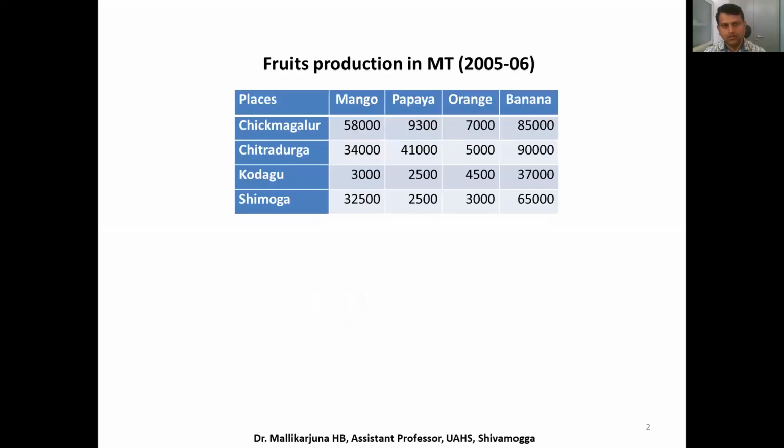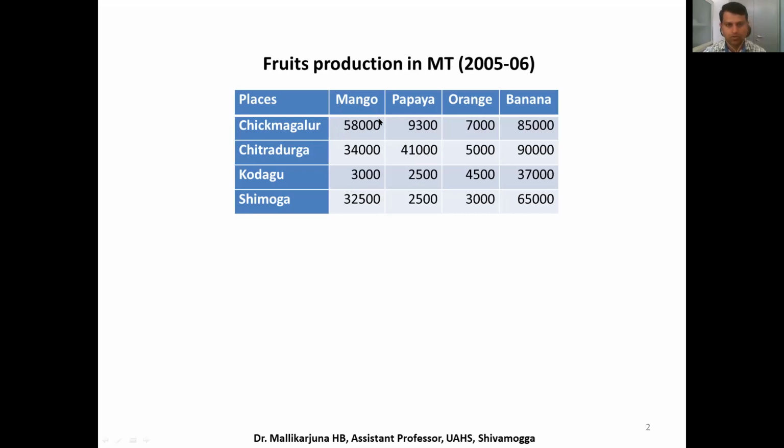Let's consider this table pertaining to fruit production in 2005-6. The data is in million tons. I have taken here 4 districts: Chikmagalur, Chitradurga, Kodagu, Shivamoga. In these 4 districts, fruit production like mango, papaya, orange, banana, these fruits in different places, around 58,000 million tons